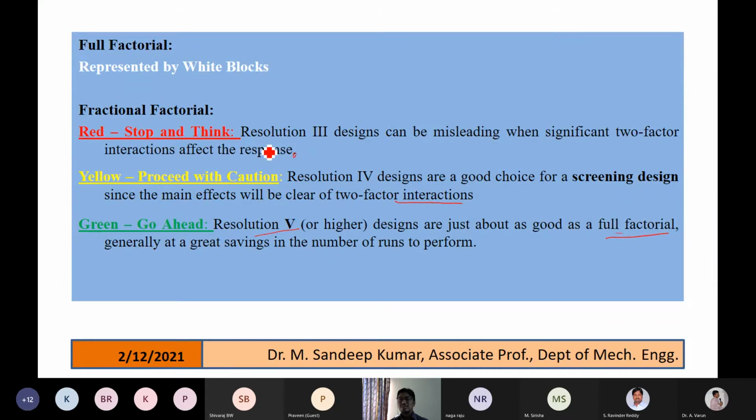So usually we need to stop and think, do we really need to go with this kind of experiments, or it's not required? So generally we don't prefer the red zone here. Generally we don't prefer the red zone. Red zone is very less, but still we don't prefer. Fractional factorial, yes, green if it is there, in green zone you can just do it up. Okay.